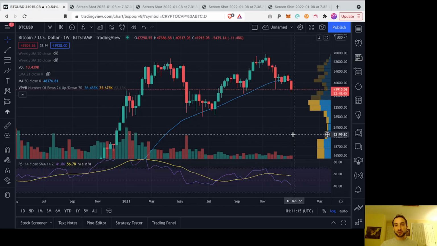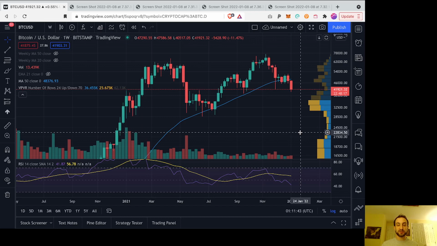One last thing I'll share with you guys, because I think this is pretty interesting and is by no means diagnostic. It doesn't tell us what's going to happen. But speaking of rhyming, I think that this is a little bit too much of a rhyme to go without mentioning. And that's that the fractal, the price action that's playing out right now, is kind of eerily similar to what we saw back in the spring and summer of 2021.